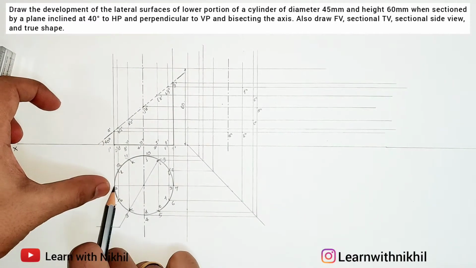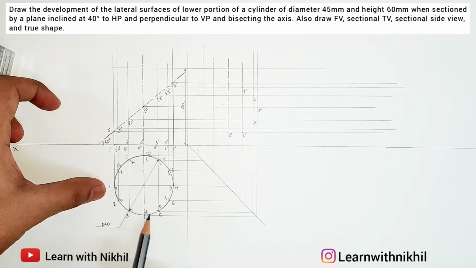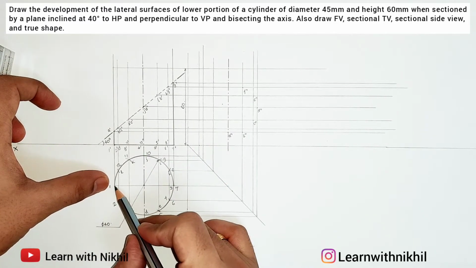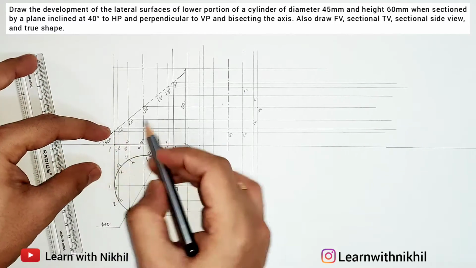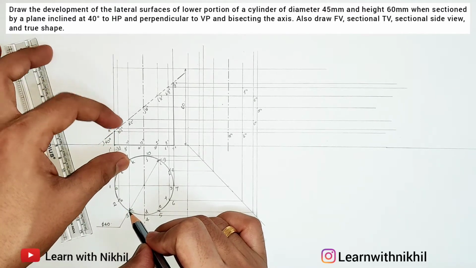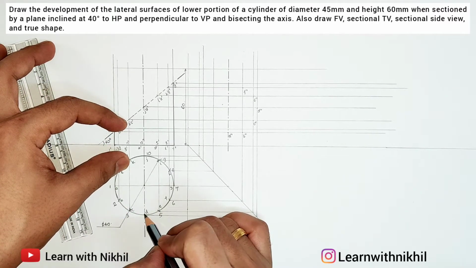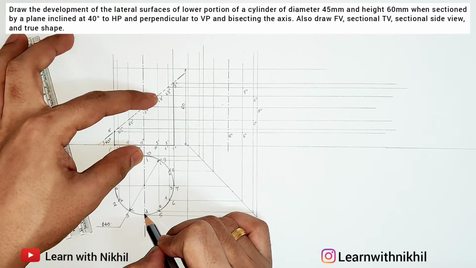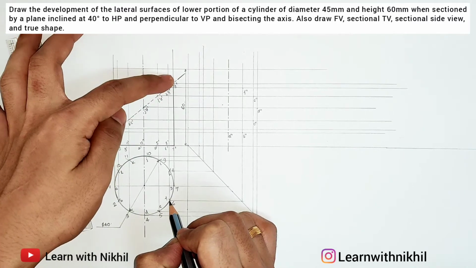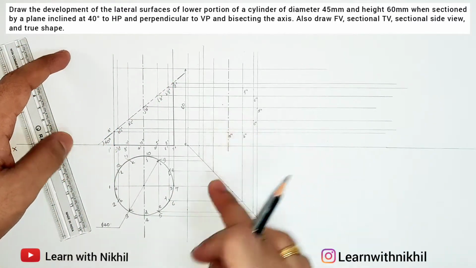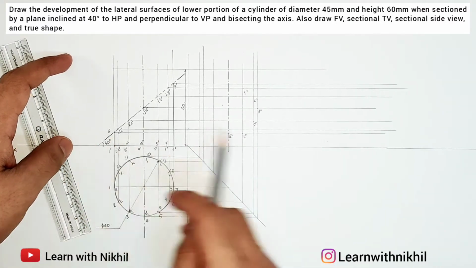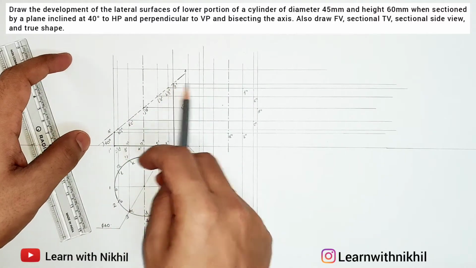Now I have drawn the side view. I'll just explain you how I did it. First I mark all the points as A to L, A, B, C, D to L. Now respect to this point is A dash, these 2 points B and L, B dash L dash, these points respectively, so E dash, I dash. According to that, I have marked the upper points. Now I have drawn the 45-degree angle line. Take all the projections from the top view towards the side view, from the front view towards the side view.